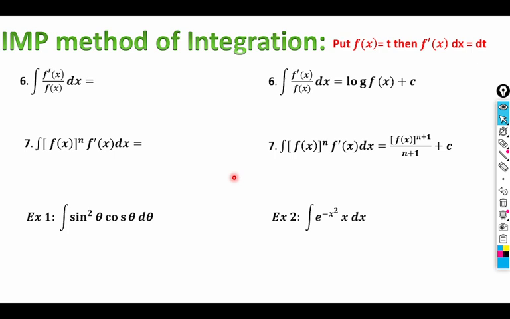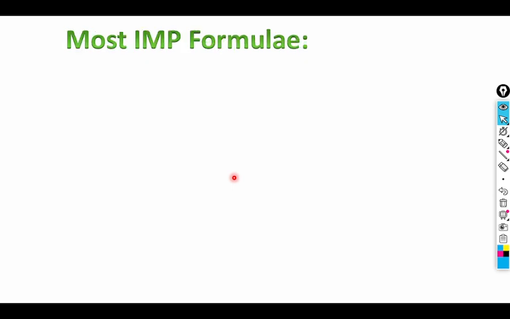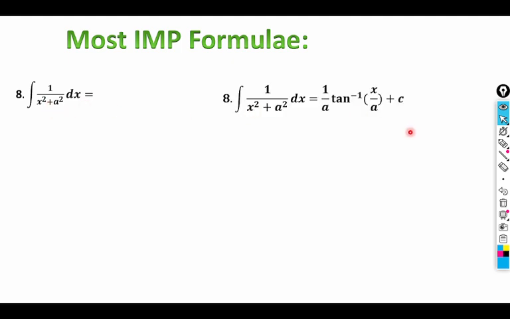Now we'll move to the next set of formulas. So next 5 formulas here. This is the formula: integral of 1 upon x square plus a square dx. Okay, 1 upon x square plus a square. Whenever x square plus a square is there, the formula is 1 by a tan inverse of x by a